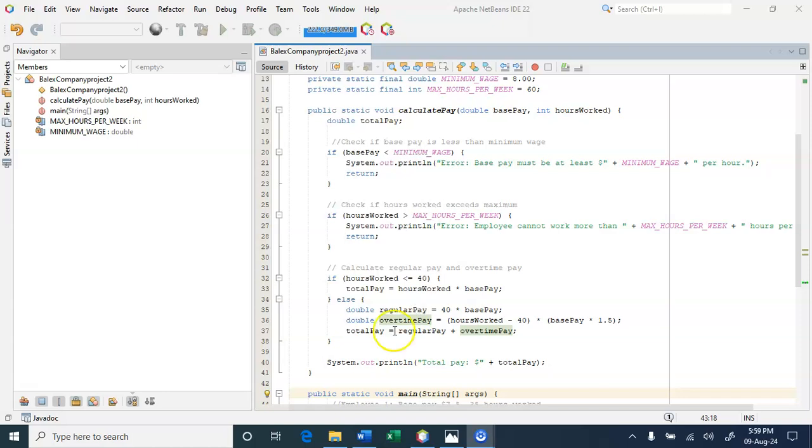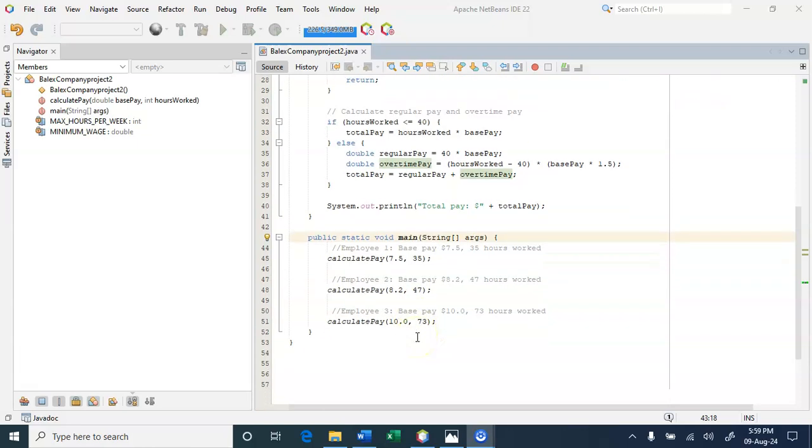Then overtime pay will be paid for any hours over 40 at 1.5 times the base pay. The total pay is the sum of the regular pay and the overtime pay. So to get the total pay, we shall add up the regular pay and the overtime pay.